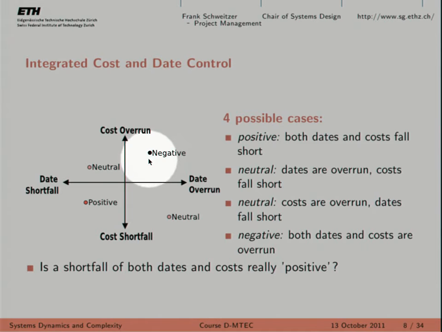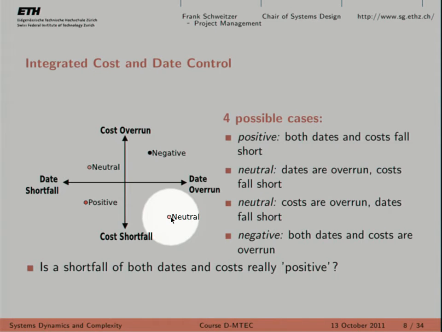Depending on how you weight the different dimensions, you can basically have positive or negative effects attributed to tasks which violate one of these two dimensions. Here we weight time and costs equally. So if you have a task which fell short on one of the dimensions but made up for it in another dimension, we say that this is neutral, right? It took more time to complete in this case, but it cost us less. So all in all, it's a neutral case.